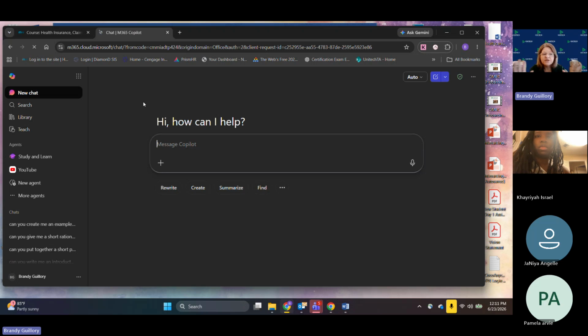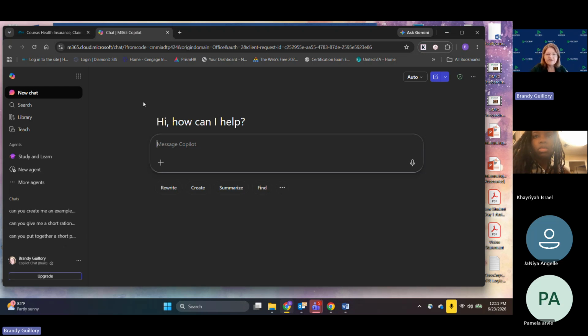All right, so when it opens up and you get logged in, it's going to look kind of like this. The AI Copilot thing is going to be big and in the middle of the screen. Don't worry about that for right now, okay? Go ahead and look to your left-hand menu over here on the side, and you'll see I have a whole bunch of chats and different things that I work with.